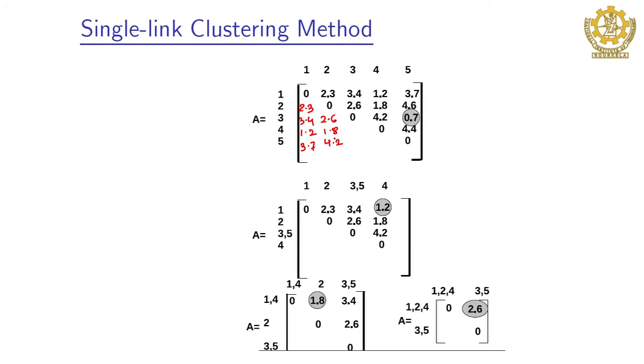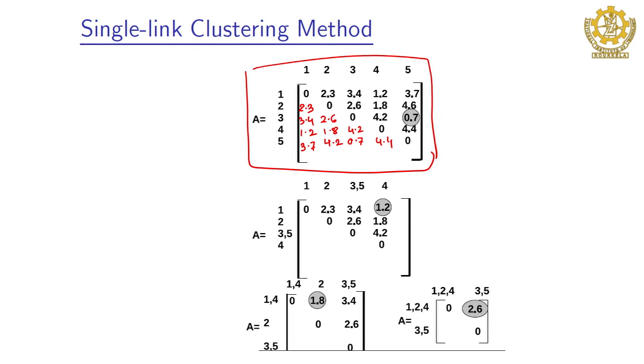1, 2, 3, 4, 5. Okay. Next here, this is 4.2, this is 0.7. So, here 4.4. Okay, because this is symmetric. Now, what is the objective? The objective is to apply the single linkage clustering on this data. We got the distance matrix here. So, this is the distance matrix. Okay, we got here,